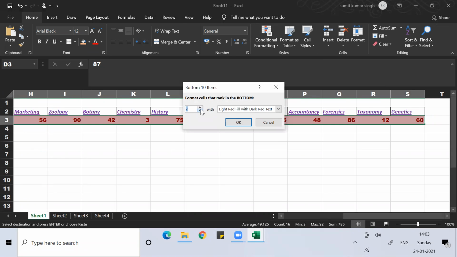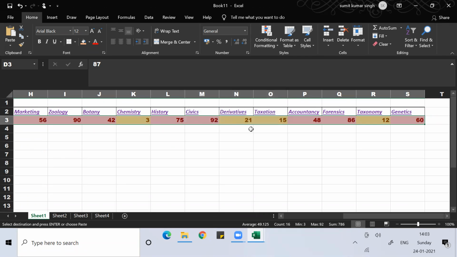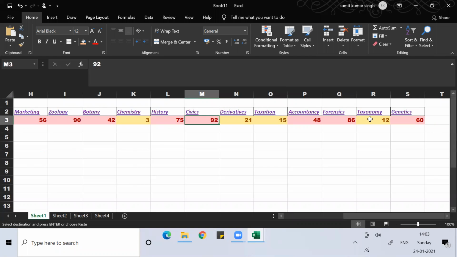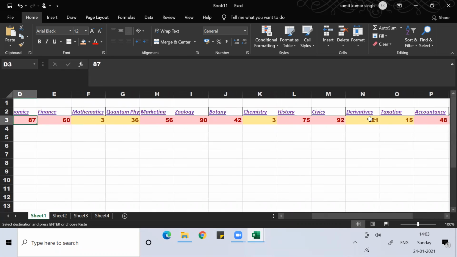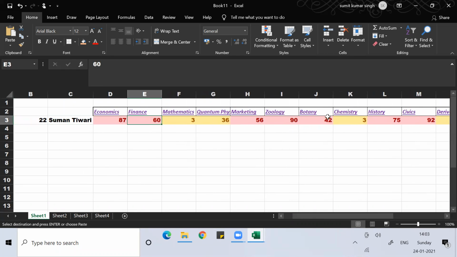You can increase or decrease this, whatever you want. Don't use red color because you already used red. So you can see in which subjects Suman Tiwari got very low marks, coming in yellow color. These are all self-explanatory.